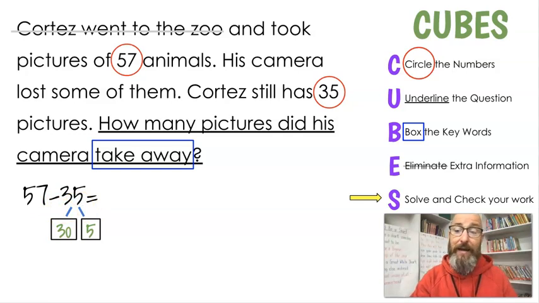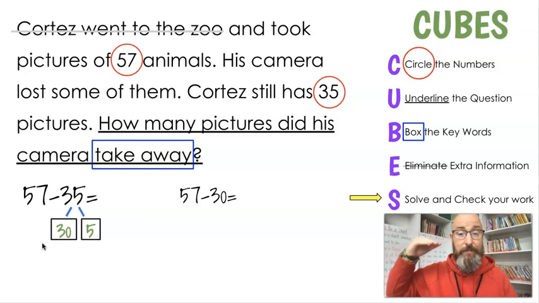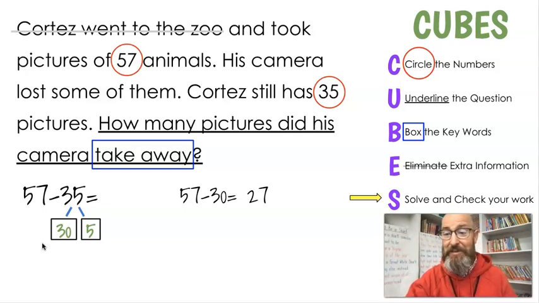And then we're going to subtract the tens, and we have a 30 in the tens place. And I'm going to subtract that from our minuend, which is 57. 57 minus 30, that's 3 tens, that's 3 jumps. So that's 57, 47, 37, 27. 27 is hopefully what you got. We've subtracted the 30. Now it's time to subtract the 5. So our next equation is going to be